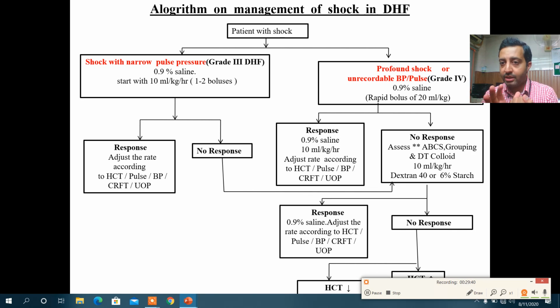अगर blood pressure फिर भी नहीं आ रहा, unrecordable है, you will give a second bolus, normal saline के 2 bolus आपने लगा देने, ठीक है। अगर फिर भी कोई रिस्पॉन्स नहीं आएगा, then you have to give the colloid. कोलाइड कौन से डेक्स्ट्रॉन 40 है या 6% स्टार्च के नाम से आता है।